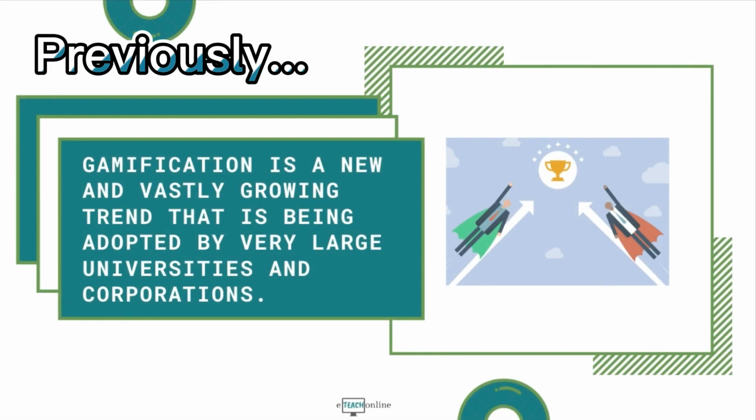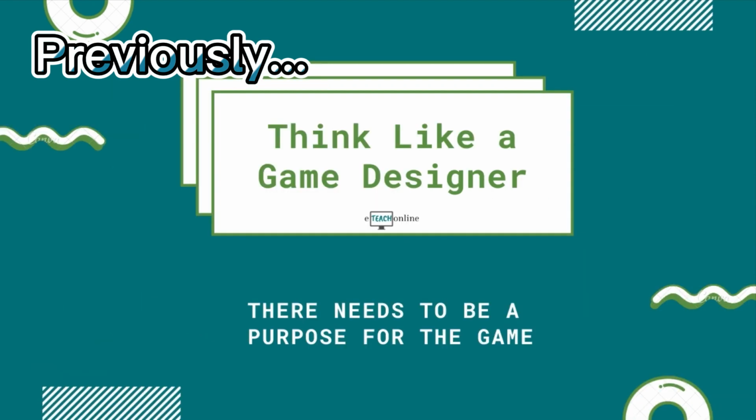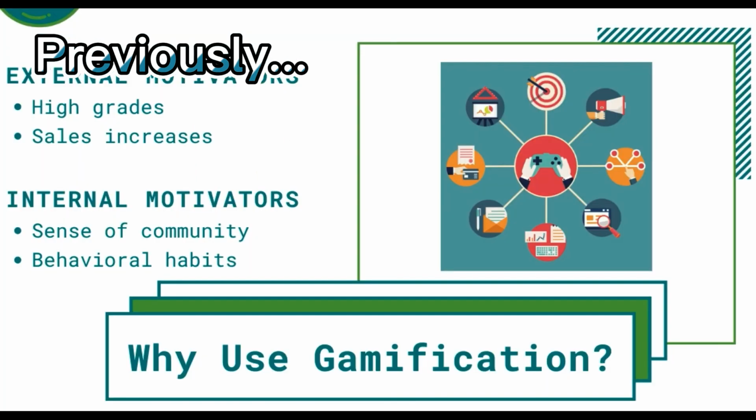Gamification is the use of game elements and game techniques in non-game contexts. It is a vastly growing trend and is being adopted by very large universities and corporations. Game elements include components such as points, levels, rewards, badges, avatars, leaderboards, or progression. Remember that the objectives need to be something other than succeeding in the game. The learner needs to have a purpose for participating other than simply to play the game. It's important to keep in mind that it is not always appropriate to use, but when used effectively can be